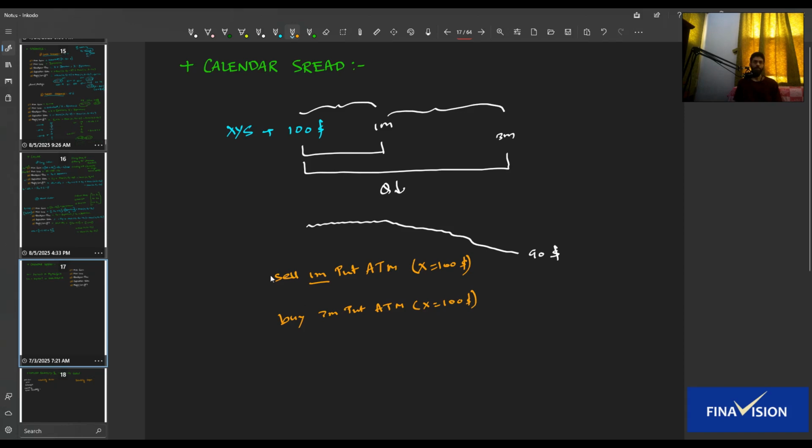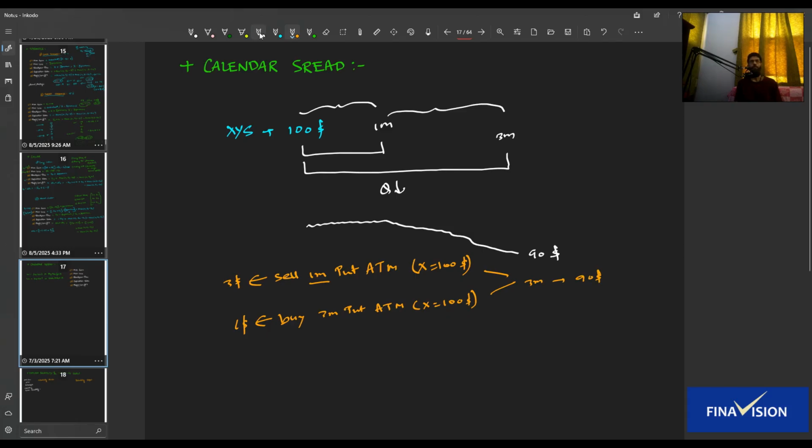Let's say the premium for the sold put option is $3 and the premium for the bought put option is $6. Now, if the speculations are correct, what happens is at the end of 3 months, the stock price reaches